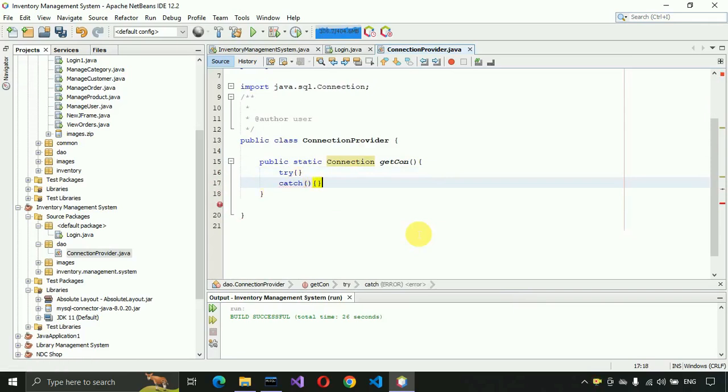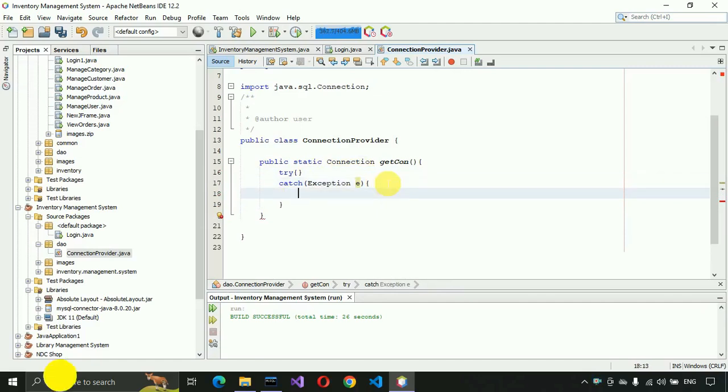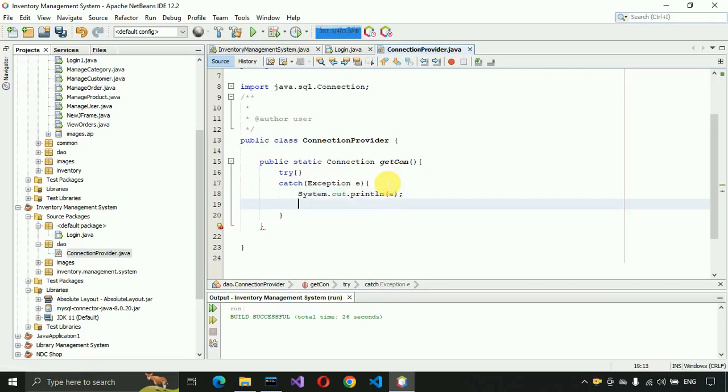Let's say if we enter the wrong credentials, in that case it will throw errors. So we need to catch the exception e, and we also want to print that in our console. So System.out.println, and here we are going to print that, and then we are going to return the value that will be